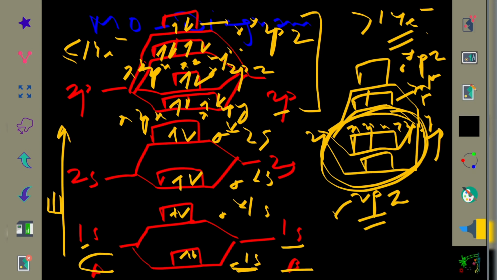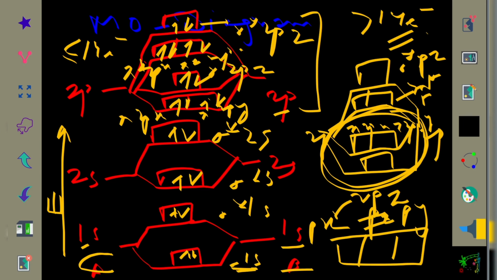One more thing that one has to remember here is the azimuthal quantum number for px, py and pz. Okay, so all of you know there are 3 orientations through the different axes. One is px, right? Then py and pz. So for px, like pi 2px or pi star 2px or pi star 2py, for x it is +1, for y it is -1, and for z it is 0, right? So this is also an important point that is to be understood.